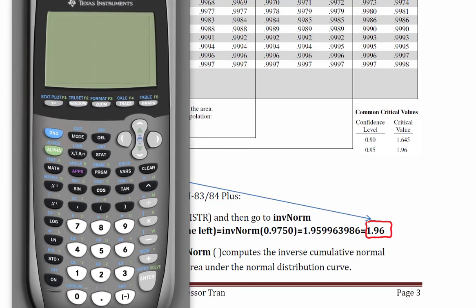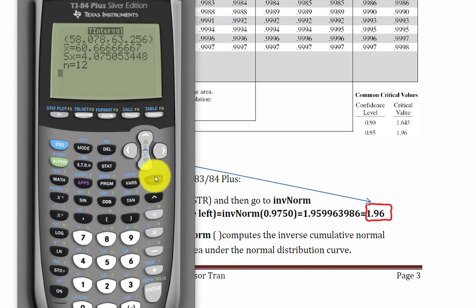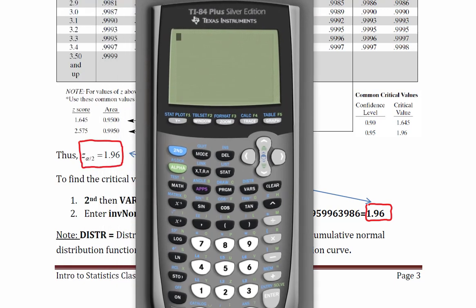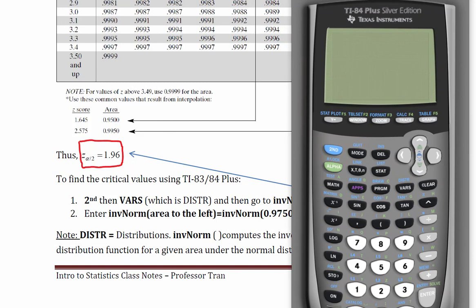Okay, so like I mentioned before, all you have to do now, let me turn on this one. Okay, clear. So the first step is that we click on the second. Let's put it this way. Okay, second and inverse. So second and inverse will take me to the distribution, and then we hit the down